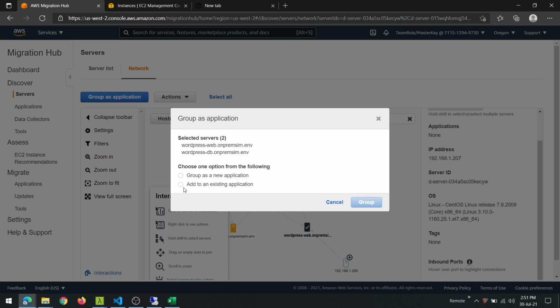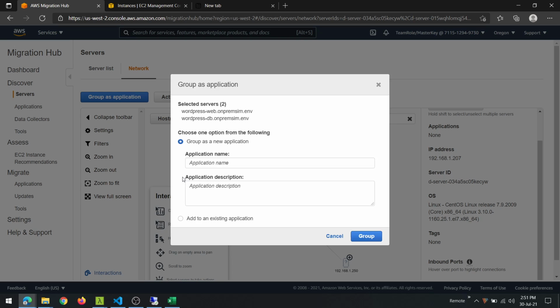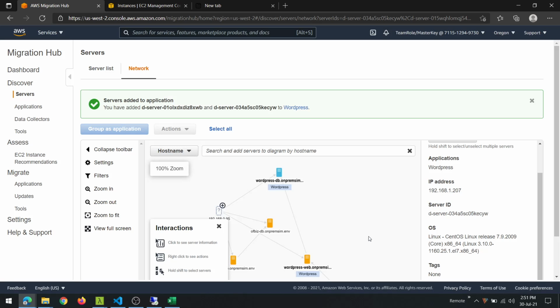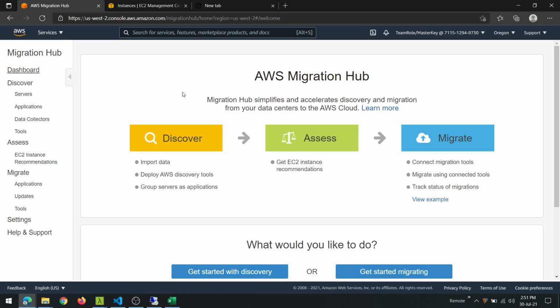If you have an existing application defined, you can add these servers to that existing definition, or you can create a new application. Let's say you want to call this the WordPress application and create a group. So now it is tagged as WordPress.